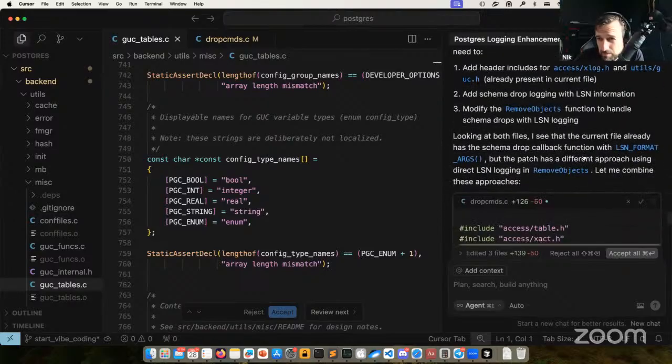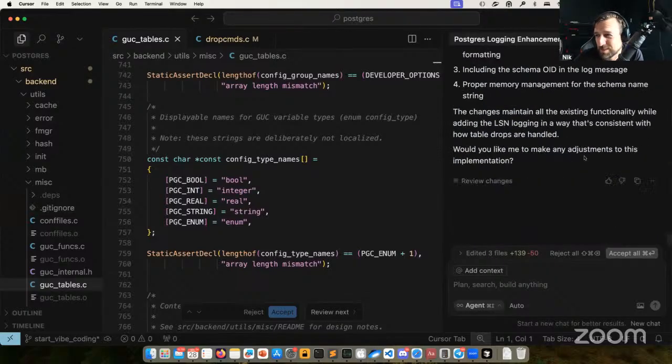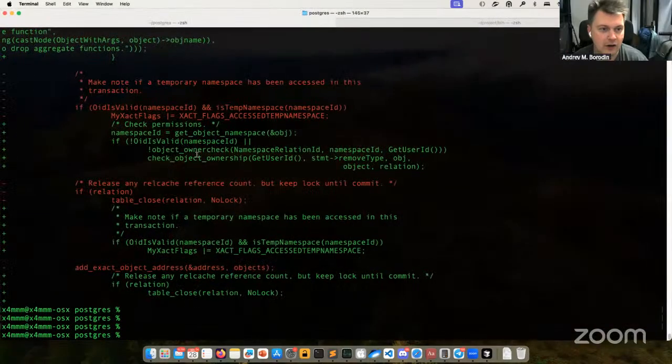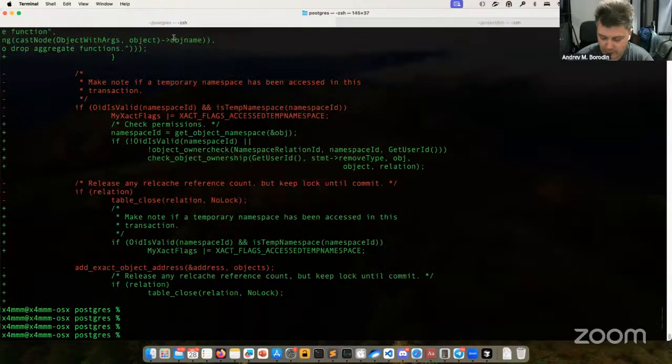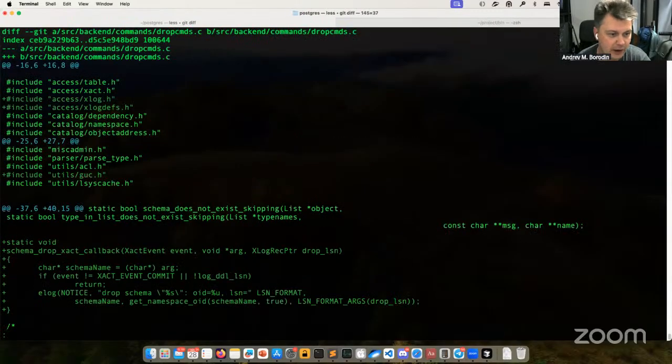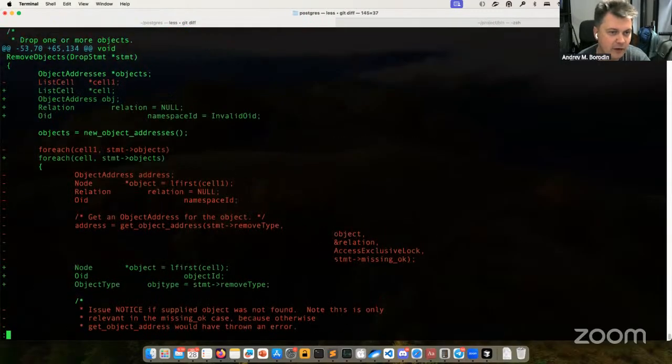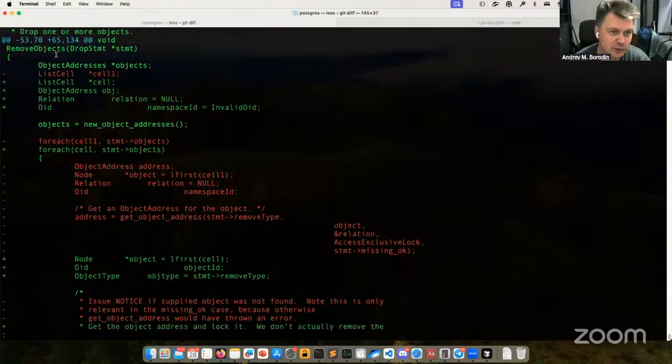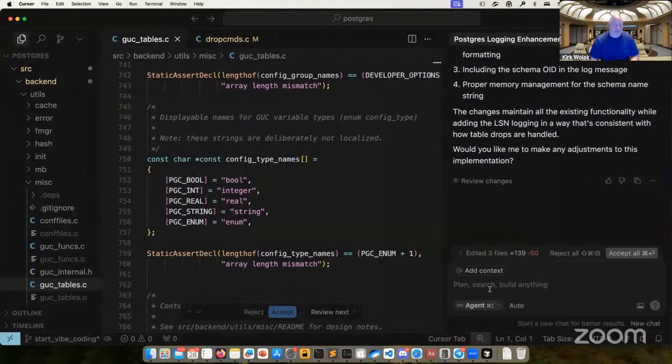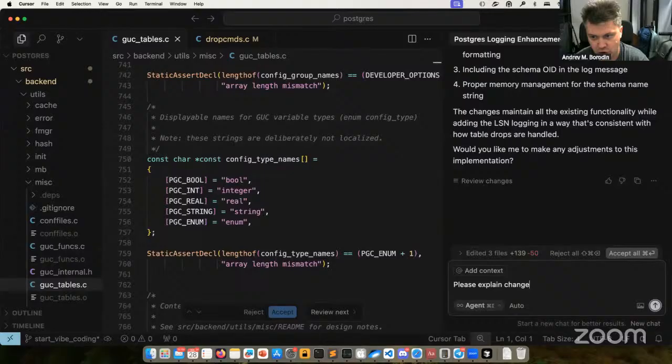Let's ask why it put in extra changes. Okay, so what I want to ask: I have these changes in the remove objects function, and I do not understand them. So have it explain. Please explain the changes.